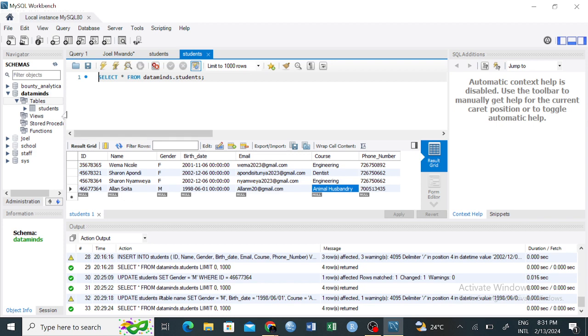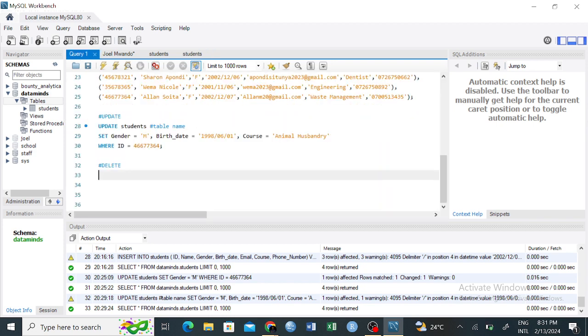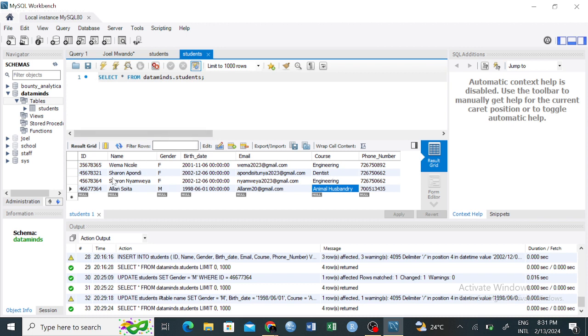Okay. Yeah. So delete. You can just write the code similar to maybe how we've done update. It's more or less similar. So you can just say delete from, and then you write the table name where we have the students, and then you write now the condition where. So now here is where you write the condition now, right? Maybe where ID is equaling to